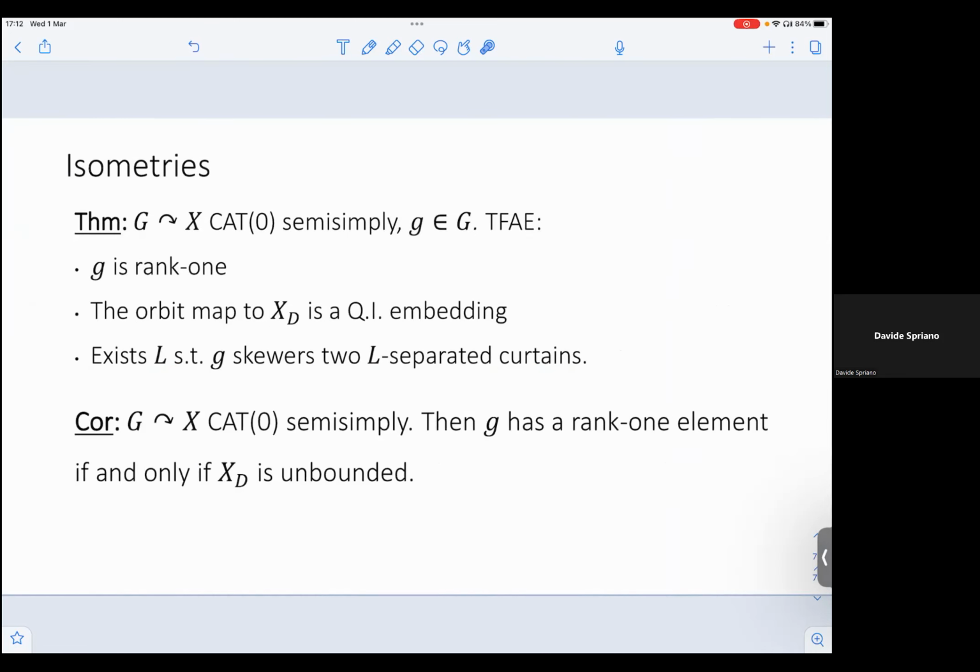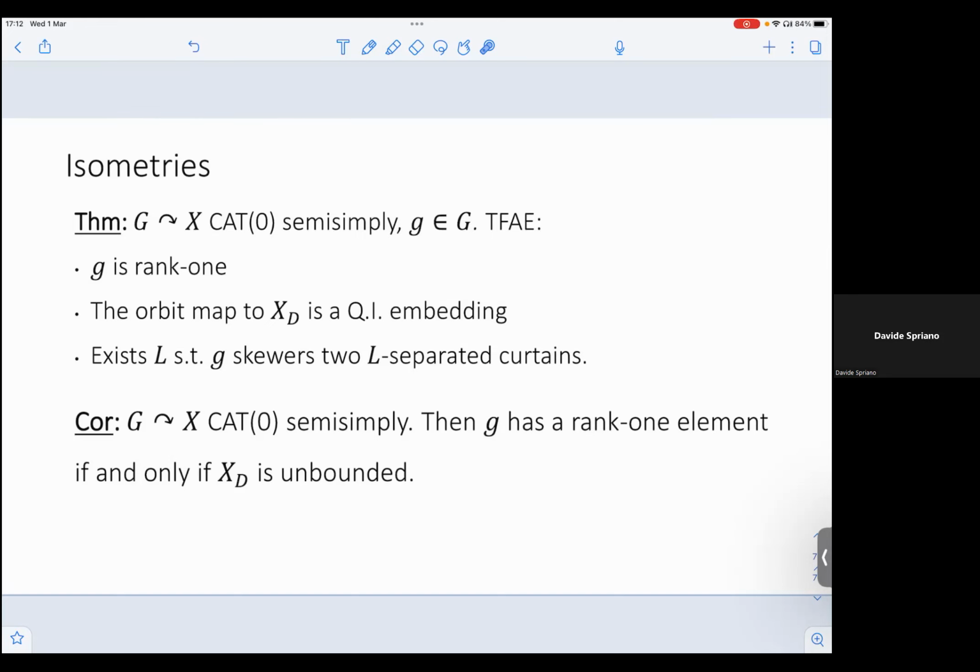And I already mentioned something about this before. A corollary is that if G acts on X semi-simply, then you have a rank 1 element if and only if XD is unbounded. So before I told you that if you have a rank 1 element, then this has to be unbounded, otherwise you couldn't have a QI embedding. But then you think about Gromov classification of actions in hyperbolic spaces, and it says that if you act co-boundedly in a hyperbolic space,